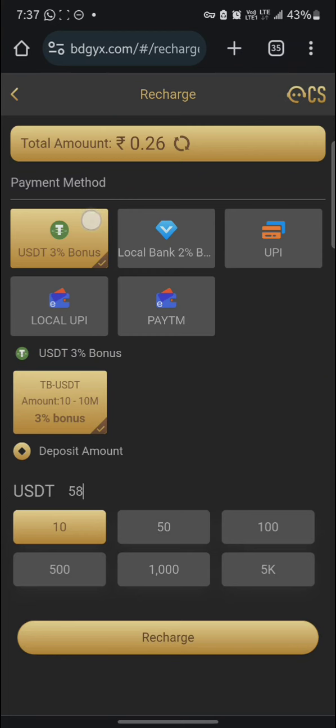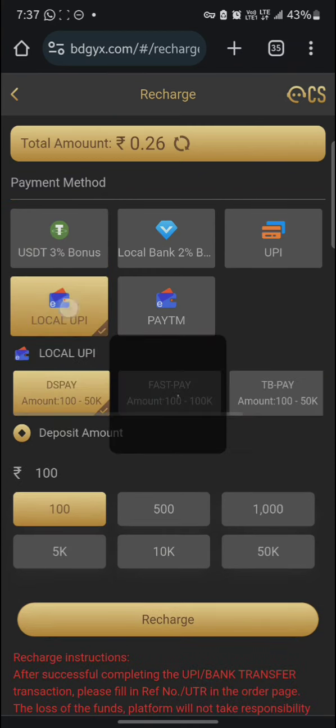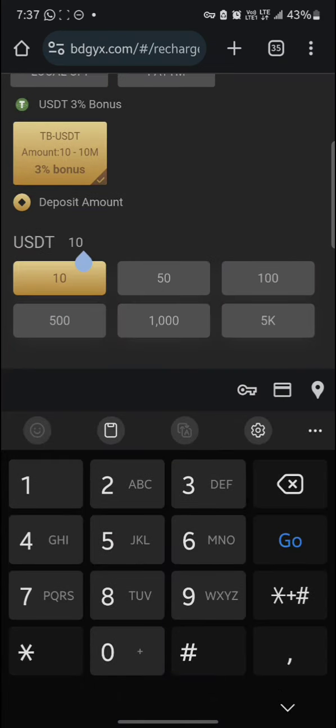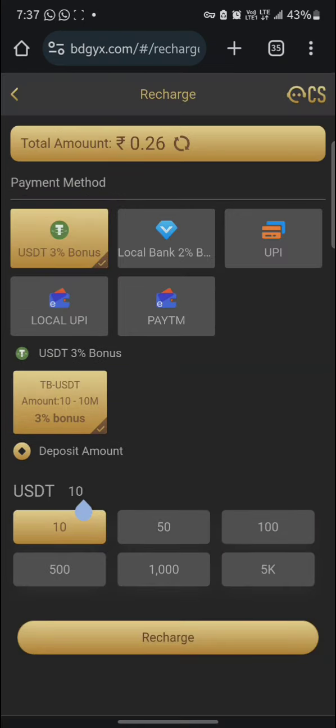Make sure that this thing is here. Don't put it here, put it here. Make sure it's here, then you input your amount and click on recharge. When you click on recharge, you will see the address that you are to fund into. When you copy the address and deposit into it, if you are buying coin from me or any person, copy the address and send it to the person. The person sends you, or if I send you the